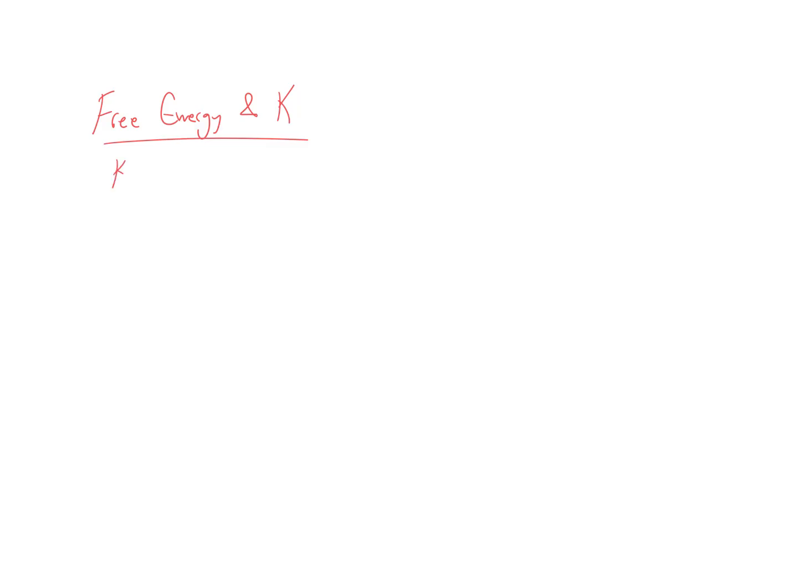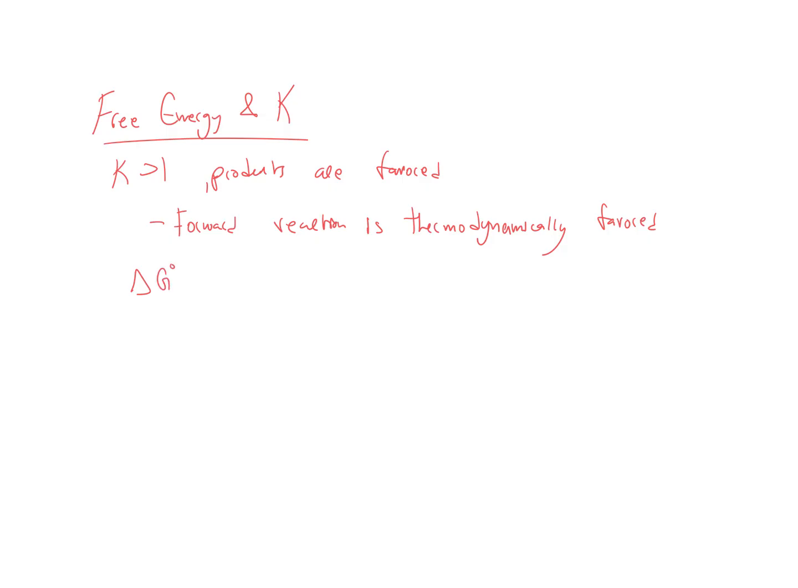So, if K is greater than 1, this means products are favored. Another way to say this is that the forward reaction is thermodynamically favored. Now remember, if something is thermodynamically favored, that essentially means that delta G is less than 0, or in other words, it's negative. So if K is greater than 1, that means that delta G is less than 0. Similarly,